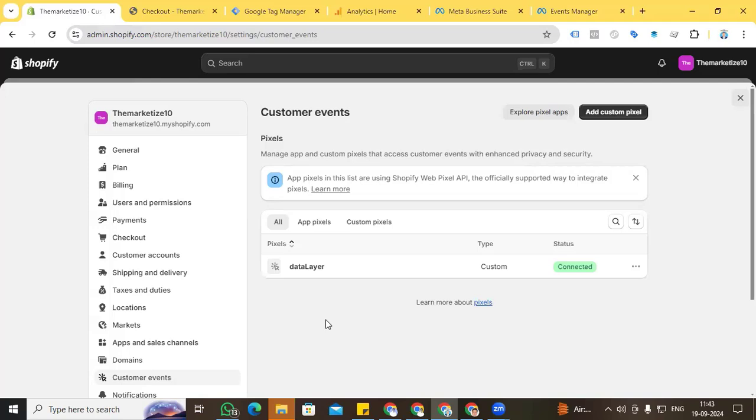Hi, today I will show you how to set up Facebook pixel with conversion tracking for the purchase event with the theme independent data layer. You can also call it the customer pixel for a Shopify store, set up with the help of Google Tag Manager. So let's get started. You can see that I have already connected my theme independent data layer with the customer